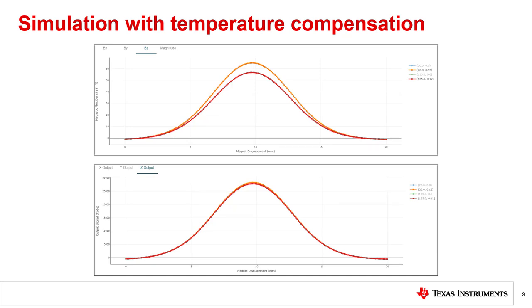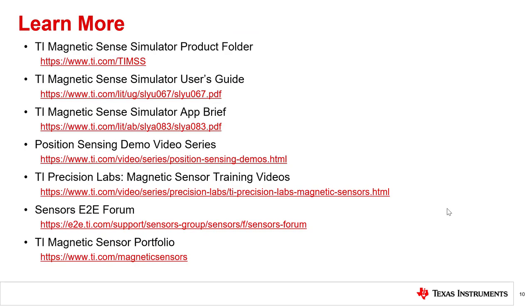In these results, we see the same simulation, but now with a sensor temperature compensation of 0.12 enabled. Note that on the first plot, the magnetic field densities are different at the two different temperatures, but now the device output plot curves are very closely matched despite the different temperatures. This is because the sensor temperature compensation of 0.12% per degree Celsius is working to account for the magnet's temperature coefficient of negative 0.12% per degree Celsius. That explains magnet temperature compensation.